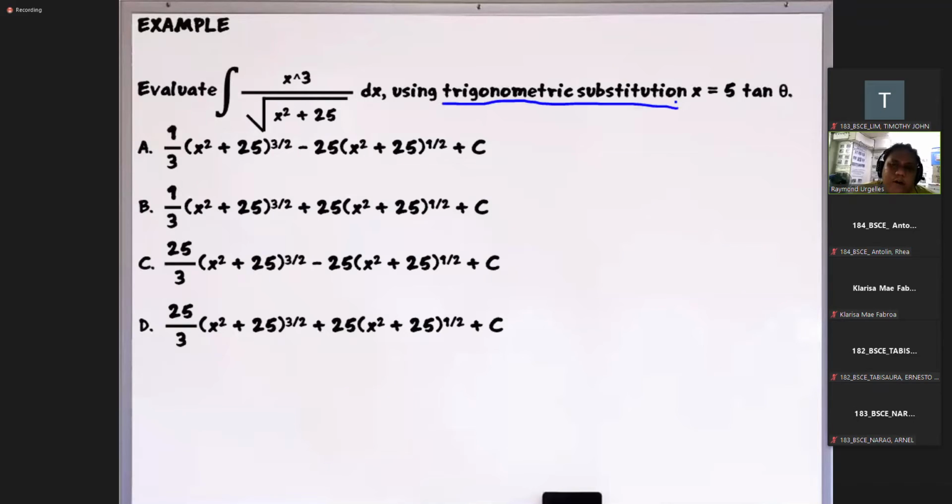Diba? So kaya kung magti-think tayo dito outside of the box, no? Pwede tayong gumawa ng something, diba? Or pwede natin itong gawan ng paraan na hindi na tayo magti-trigonometric substitution. Okay? Okay ba? So actually yun yung una natin gagawin dito. Sobrang ikli lang ng solution dito actually, no? Hindi naman sa sobrang ikli, siguro medyo mas maikli siya compared pag nag-trig sub kayo dito sa problem na to. Okay? Okay ba? There's an easier way to solve this, diba?